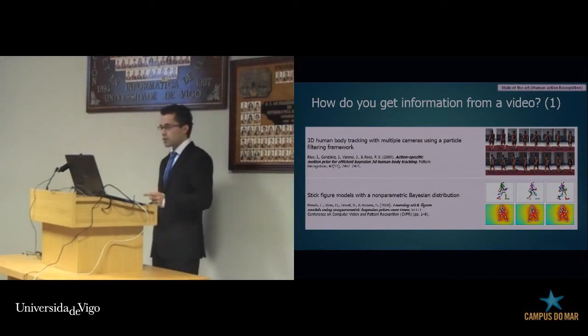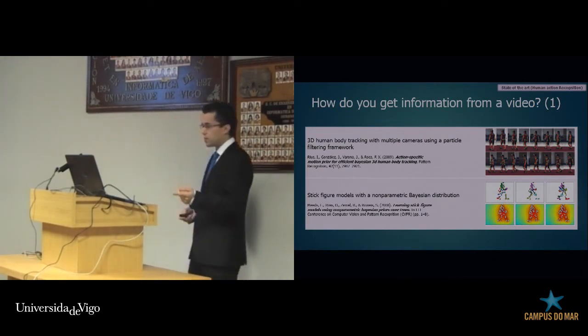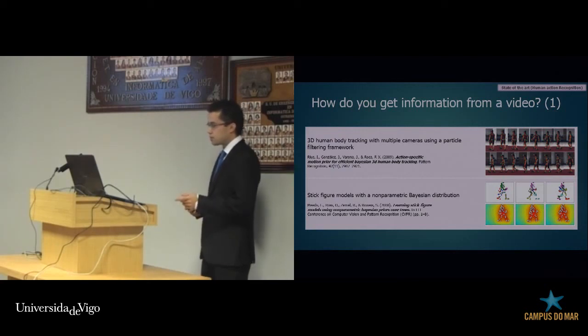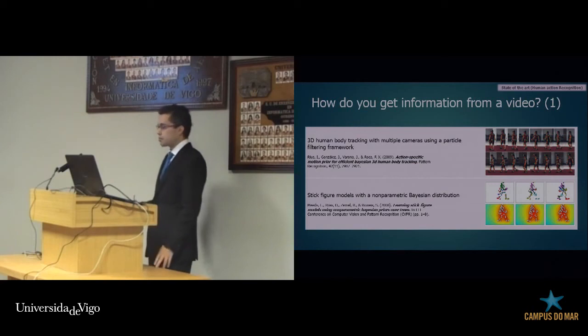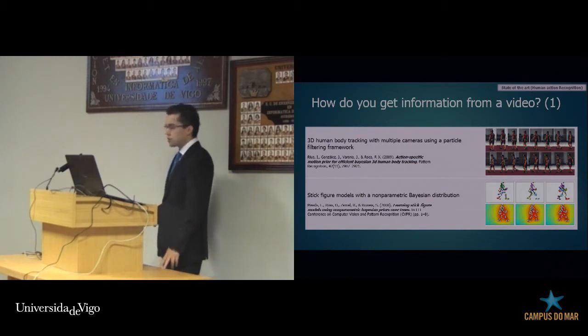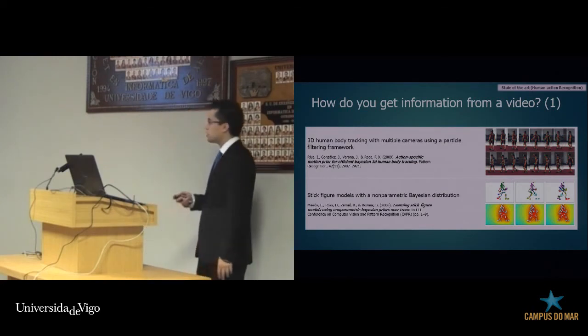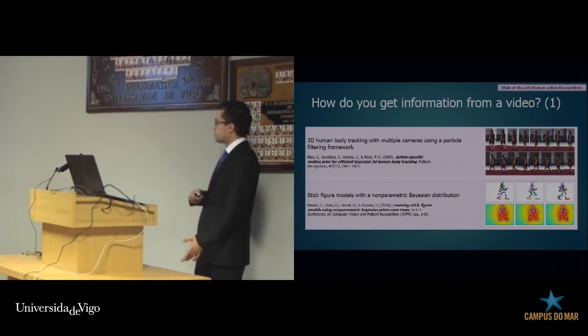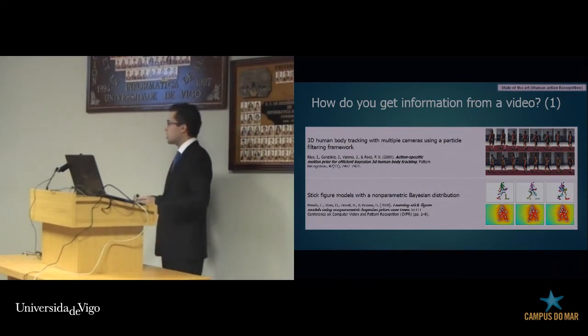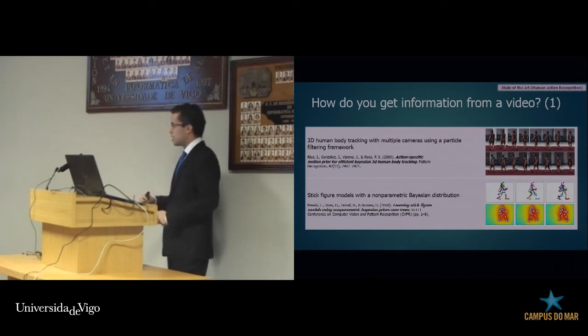The next one, for example, is the paper of Mitch in pattern recognition. Well, it's in a conference. It's stick figure models with a non-parametric Bayesian distribution. The important thing of this paper is that they don't need previous information about the model that you have. So, for example, you can have a giraffe moving, or you can